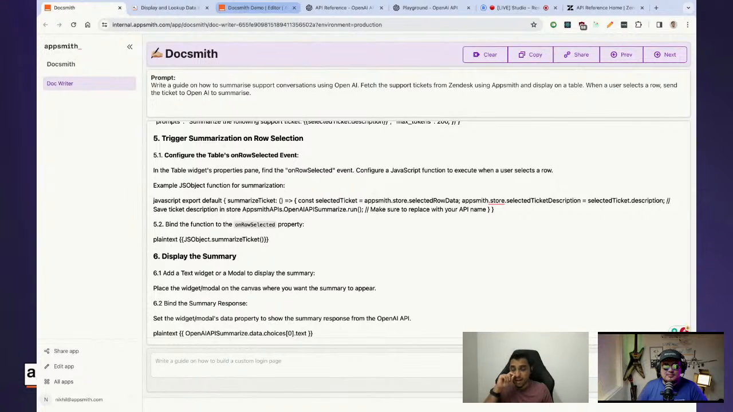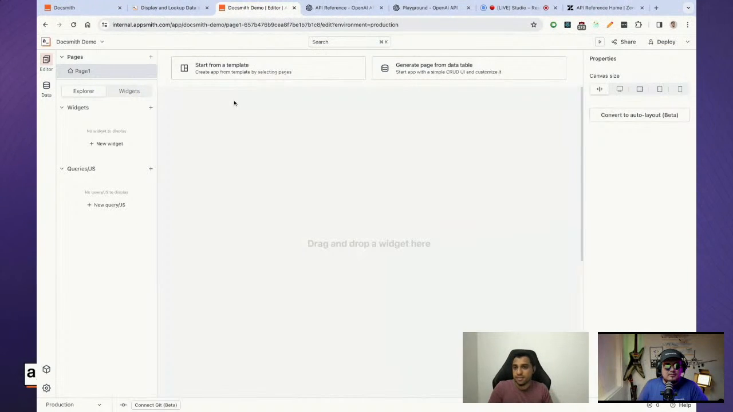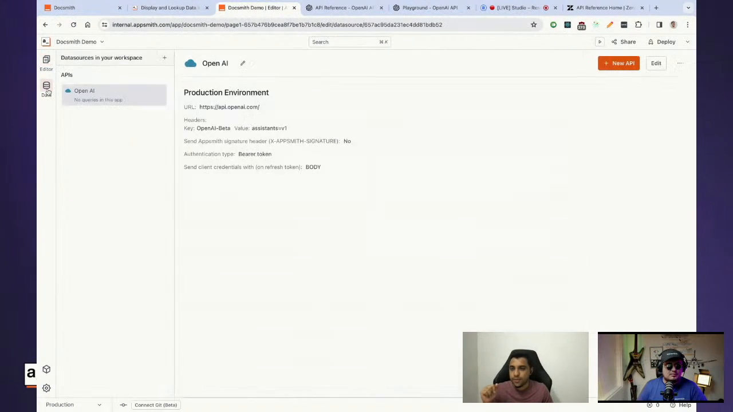So I'm going to show you how we can actually build something like this on Appsmith in just a couple of minutes. Awesome. So let's get started. This is a blank Appsmith app, Docsmith demo. Let's go to our data sources. We've created, sorry, an Open